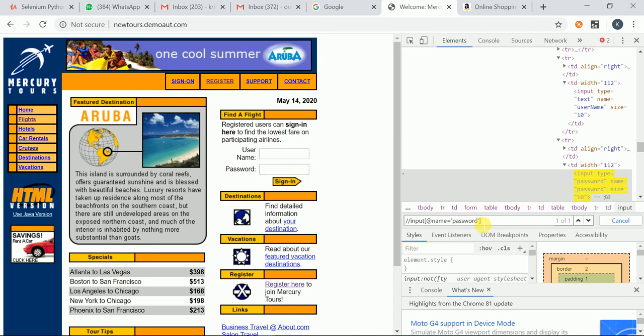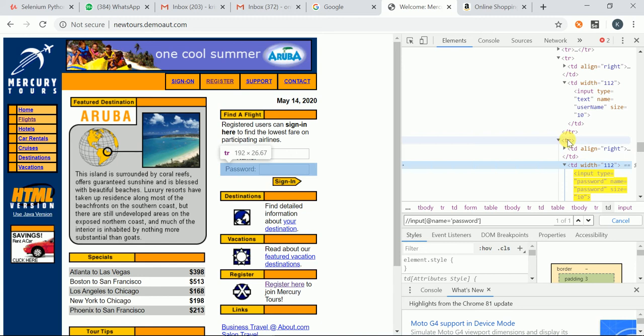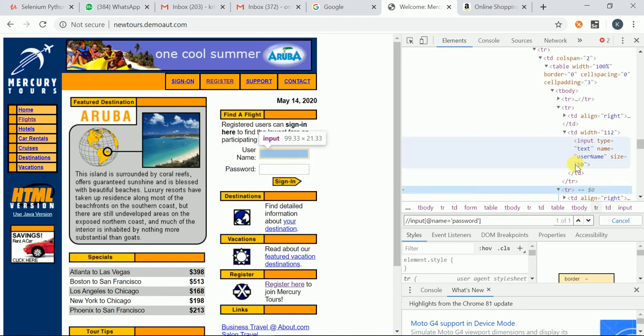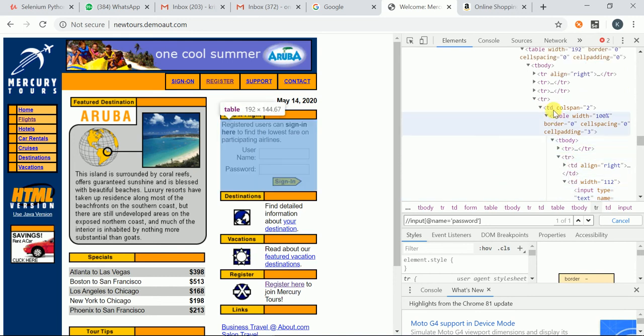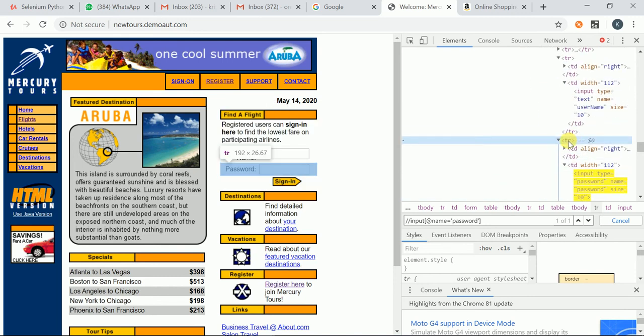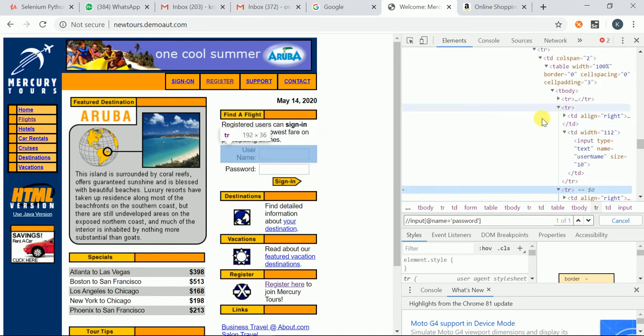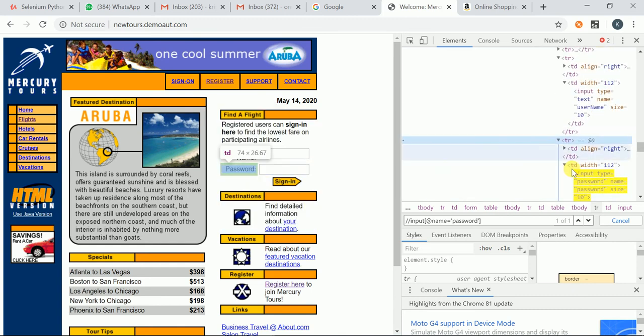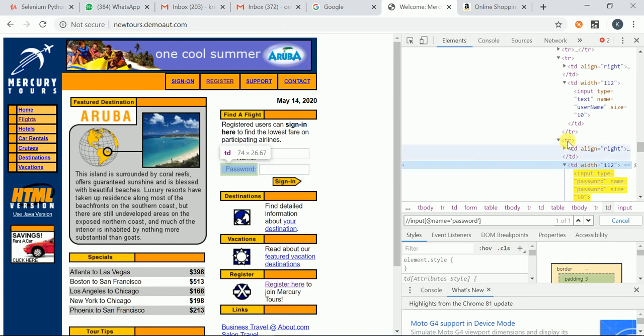But what is my requirement? I want to locate my username using the password. How can you do that? Now I want to traverse to my parent, and its parent is tr. Let me see here. For now this parent is this td, and the td's parent is tr.